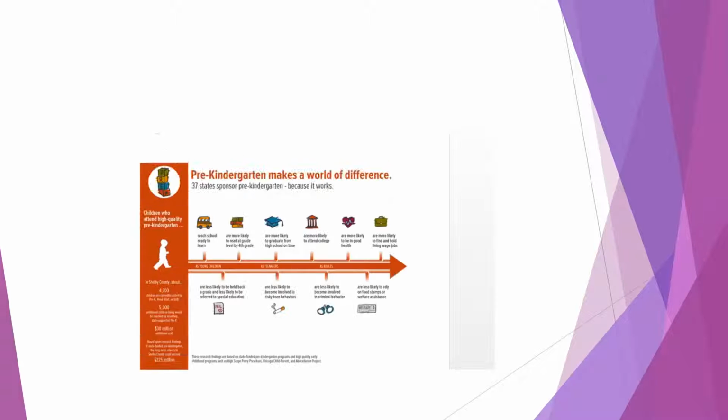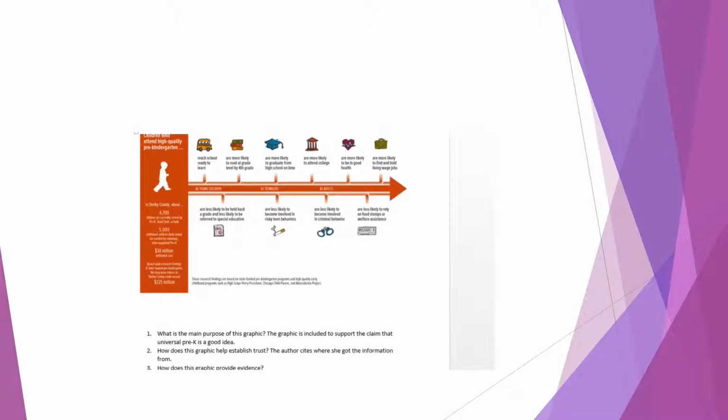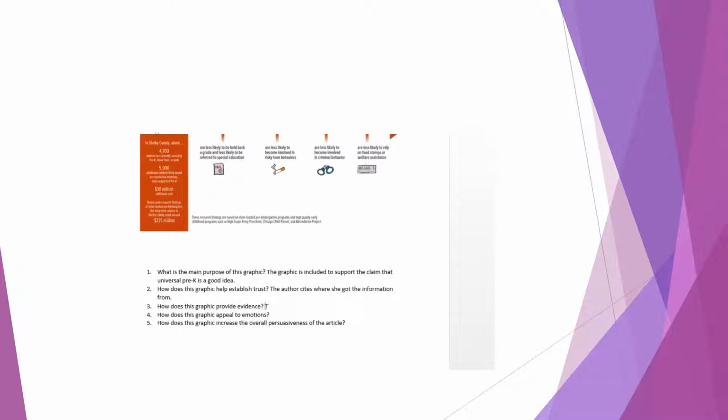So how does the graphic provide evidence? Let's look. Well, in two different ways, right? In one way, we have the list of statistics going along this age chart, and then we also have a list of facts and statistics about a particular county. So it gives us the facts and statistics both ways. Excuse me, sorry guys. All right, so let's go ahead and put that in there. The graphic lists facts and statistics for Shelby County